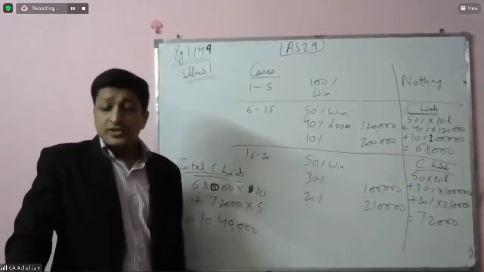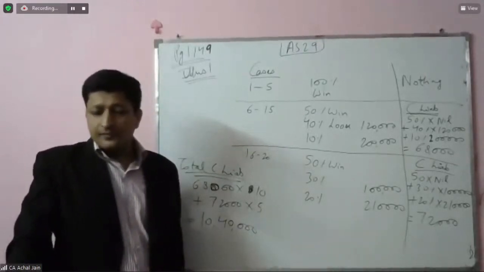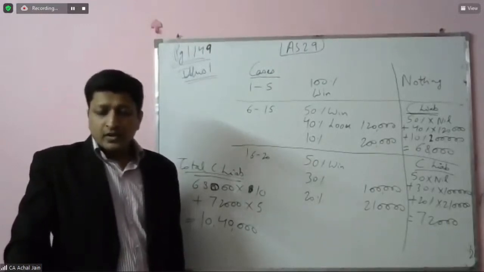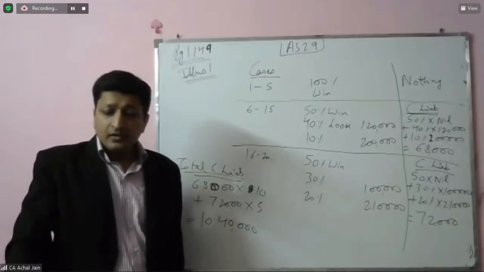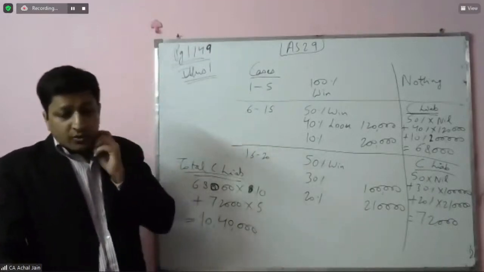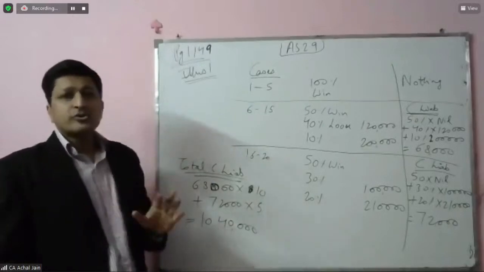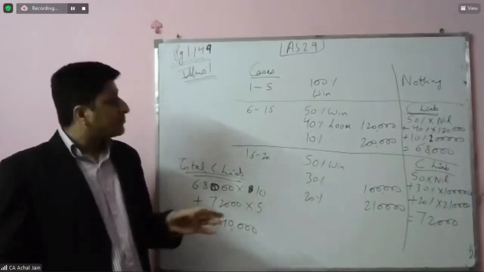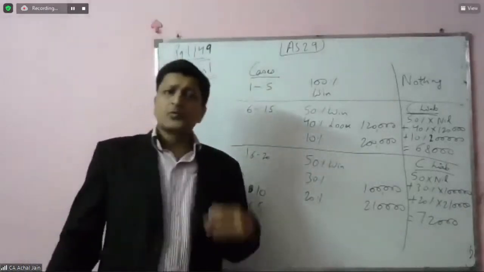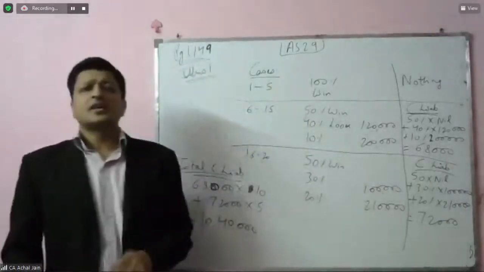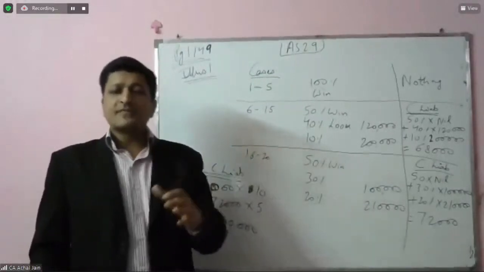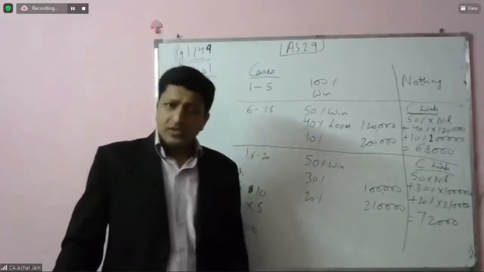Ayush is saying there is some confusion, sir, that the probability column shows what? Does it show probability of winning or losing? So the probability column shows exactly what is written in the question. So there should not be any confusion. Whether all of these percentages are towards winning the case or losing the case will always be available to you in the question. So go back to the question, it's very much clear over there.